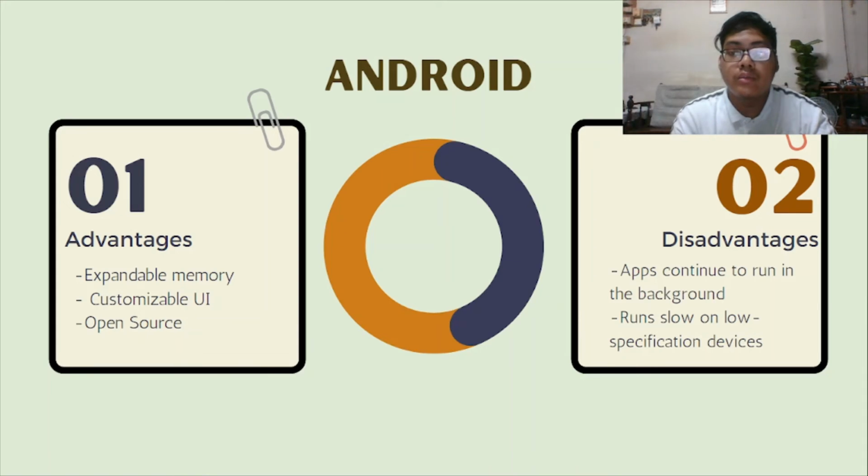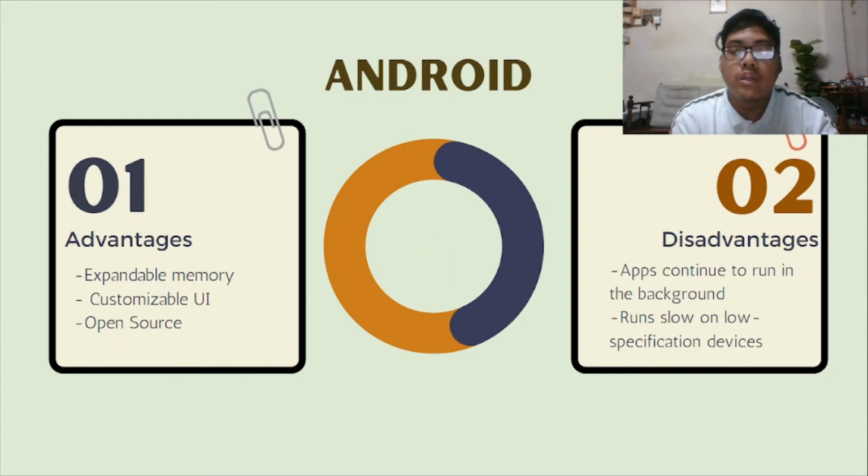And then let's move on to the disadvantages. First, apps continue to run in the background. Devices running on all Android versions still have apps running in the background that can also come to the foreground automatically. New versions of Android, of course, do not let the apps come to the foreground, but if the apps continue to run, it naturally consumes battery power.